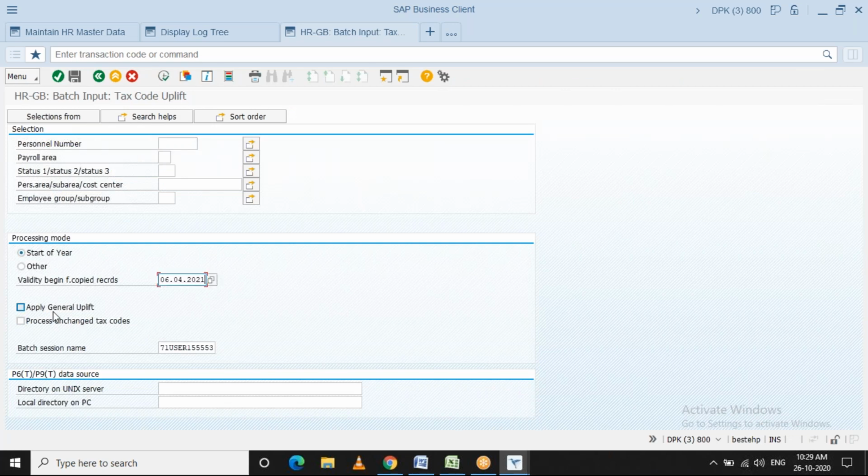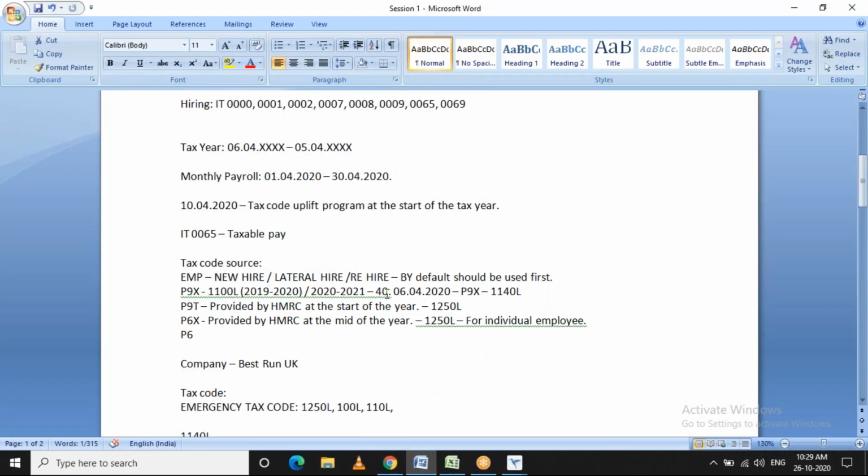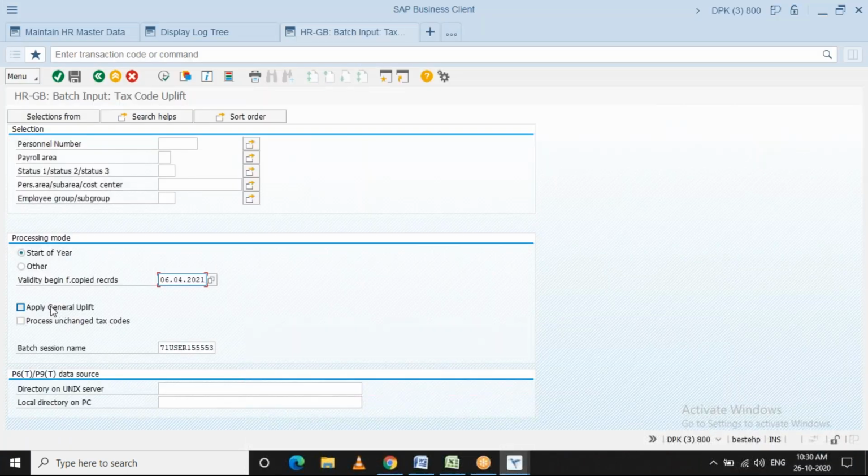So when you say apply general uplift, as I quoted earlier here, 40 should be increased on the taxable tax code from the previous tax code. Customers will choose this option, apply general uplift, and execute it before the period 1 payroll.